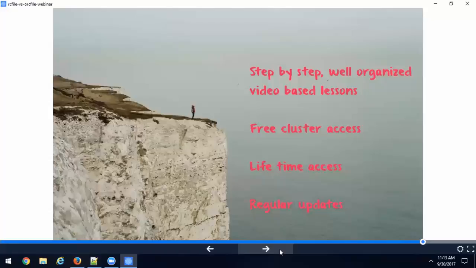They try to download this clunky virtual image. You need at least 8 GB to run a decent virtual image to work with it. 8 GB in your laptop, and most of you may not have it. You may or may not have it. But we want to keep it easy for our students. So anytime you enroll, even in our free courses, we give you access to our cluster, right? It's a 3-node cluster on AWS, shared by thousands of students just like you guys. And you can try out MapReduce programs, Hive, Pig, Sqoop, and all that.